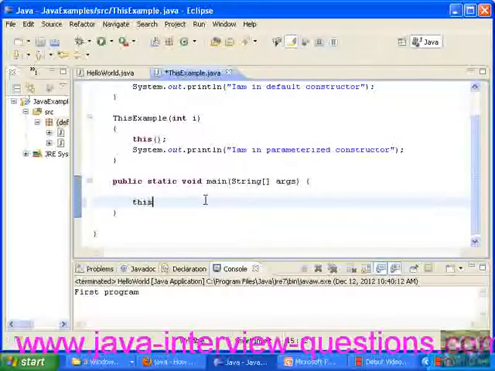Now I am instantiating this class with one parameter.